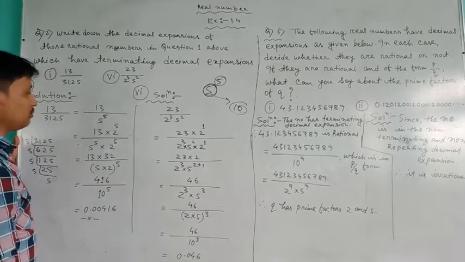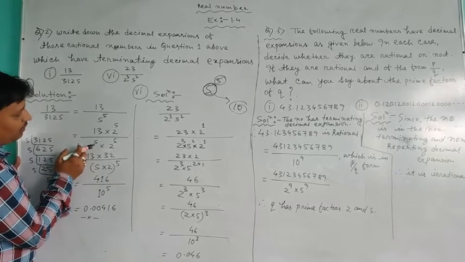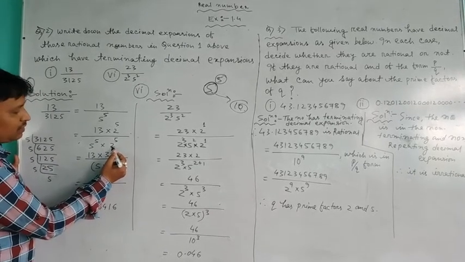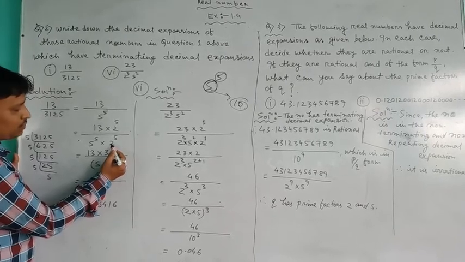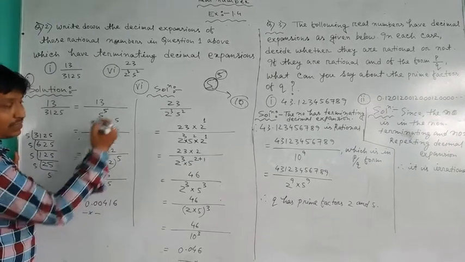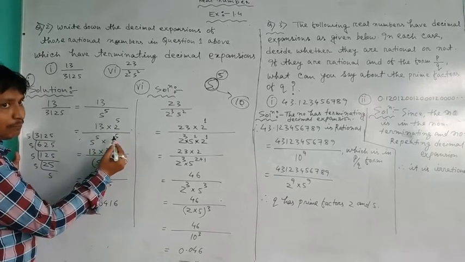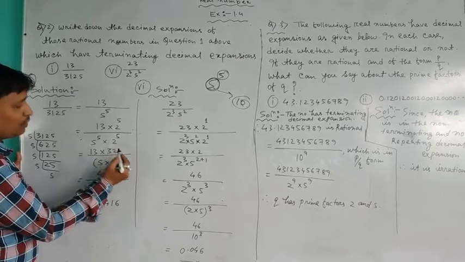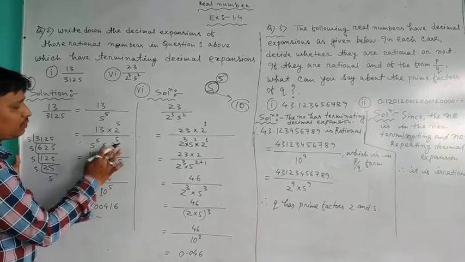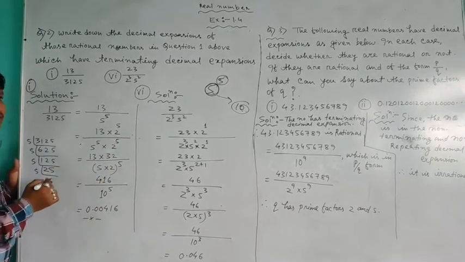But how do we convert? See, here the power is 5. Power-wise we have to consider one base, so see this one, 2. 2 5s are 10. Our target is 10 base. So 2 5s are 10 and you keep the power same. So from our side we are multiplying 2 to the power 5 with the denominator, and the same 2 to the power 5 we have to multiply with the numerator.